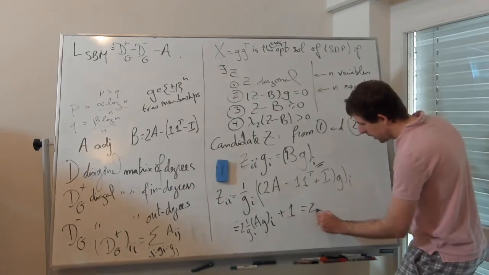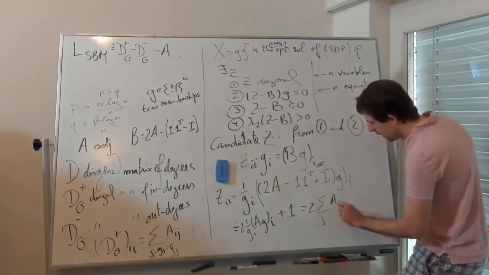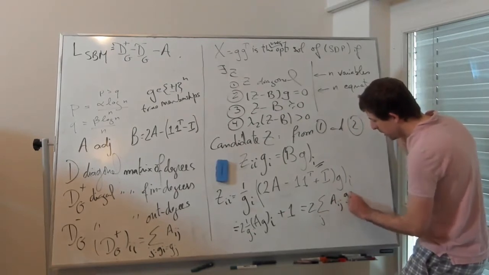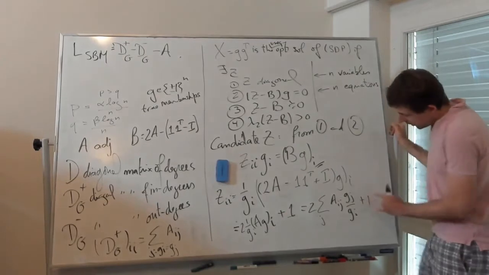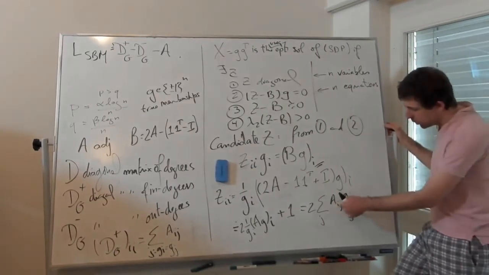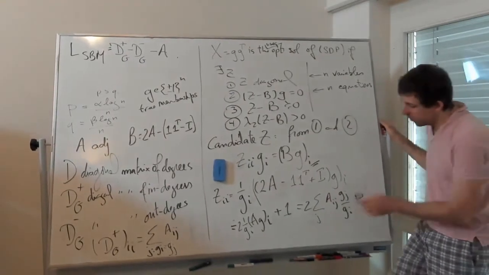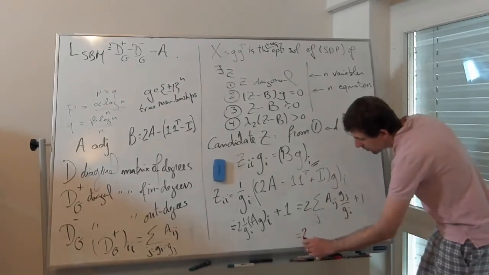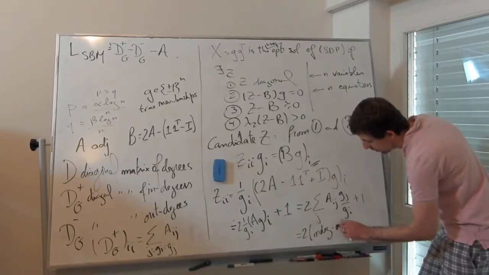Maybe it's worth writing this again. So we get the sum over j of A_ij g_j over g_i. But this is 1 when they're in the same community, it's -1 when they're not. So all this is doing is counting the number of edges in the same community, subtracting the number of edges across communities. So this is just in degree minus out degree,